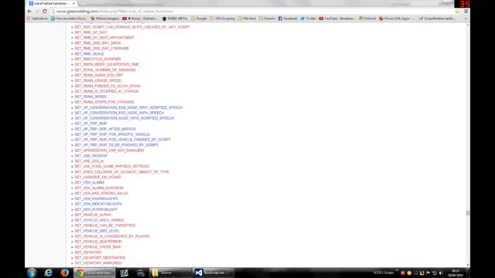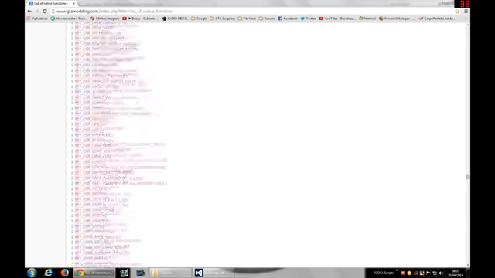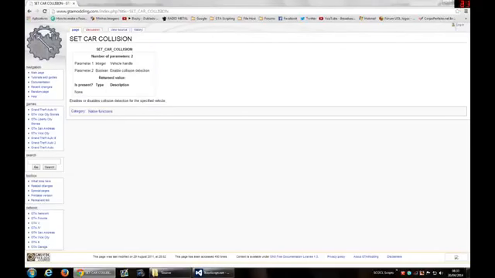Okay, so as you can see, we have tons of methods. And how can we identify how a method works? For example, a great part of them have the definition of the parameters needed to make it work. For example, the set car collision. If you click, we will see this page that shows what parameters it needs, and whether it returns a value or not. Here it needs a parameter that is the vehicle, and a second parameter that is a boolean value, that means if the collision is enabled or not.